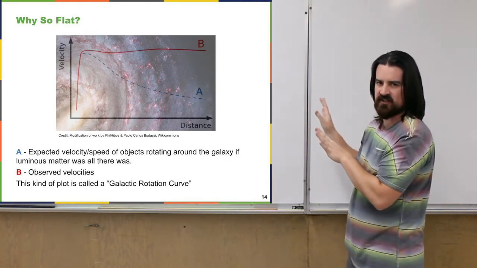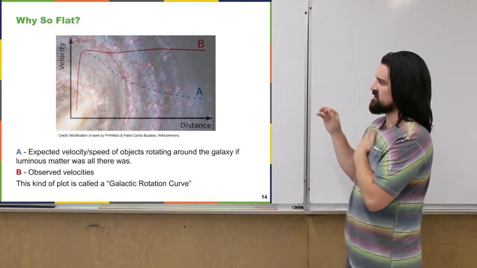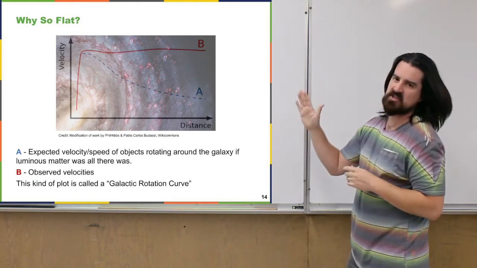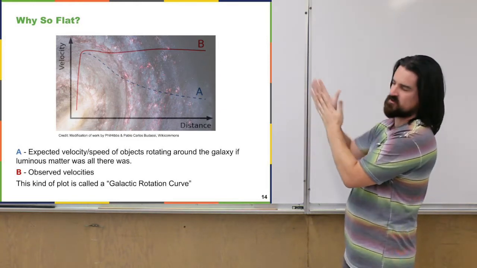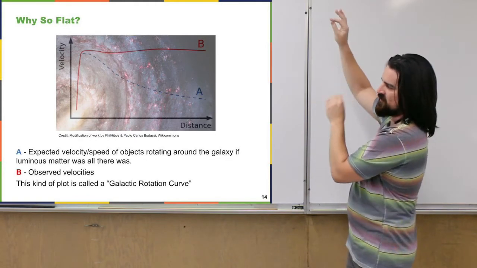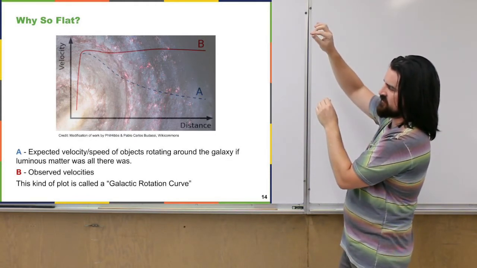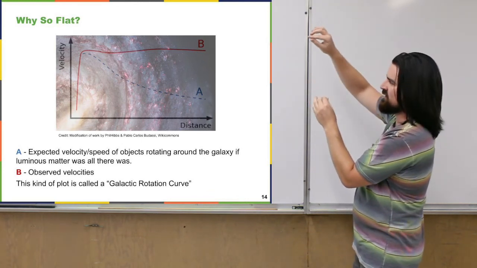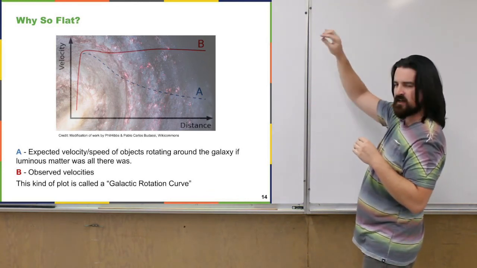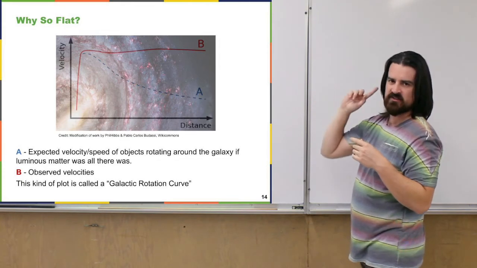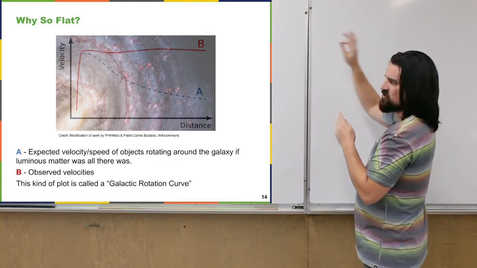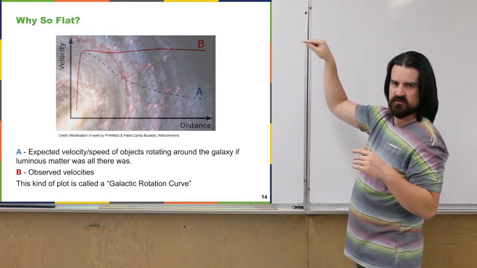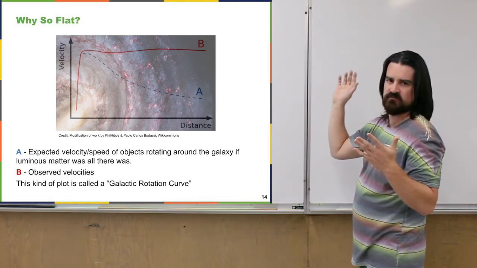This is a very simplified diagram, but it gets to the idea where close to the center of the galaxy, sure, it still makes sense. The velocity of things is going really fast towards the center, and maybe it starts to fall off a little bit, but then it actually goes back up again. And for the most part, the rate that things are orbiting around the galaxy, even towards the very edge, tends to be pretty similar to what they are near the center.